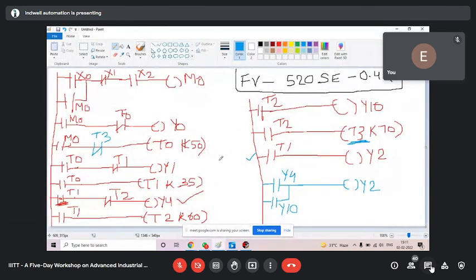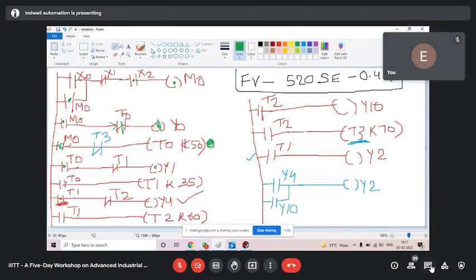See this, how will it work? Look at the screen. First, you need to see the execution. X2 is already on. Now, when I press the start button, M0 will be on. M0 is on, so Y0 is on. The timer is running and its done bit has come. As the done bit is on, this path is off because it has stopped it. It is broken. Now T0 is on.